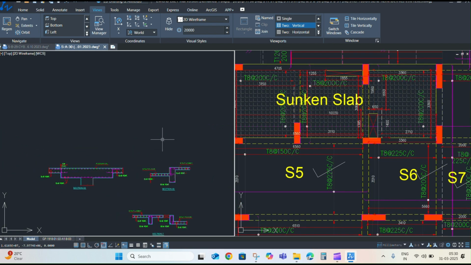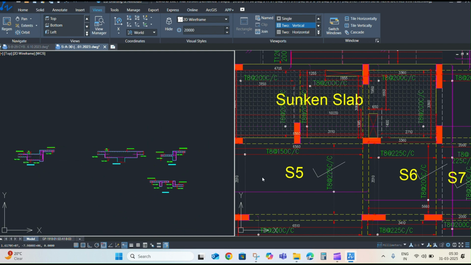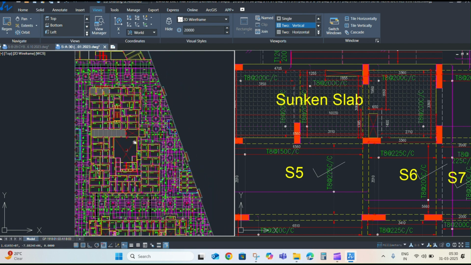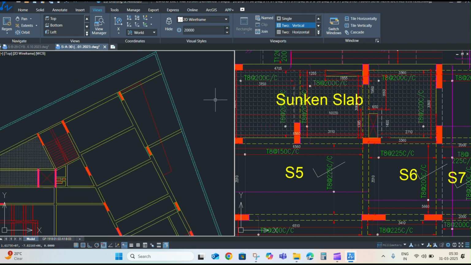Importance of BBS. Accuracy. It ensures that the right amount of reinforcement is used, and it's cut and bent according to the correct specifications. Efficiency helps reduce material wastage and